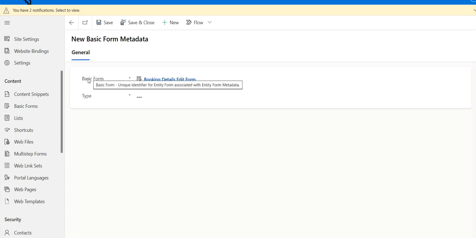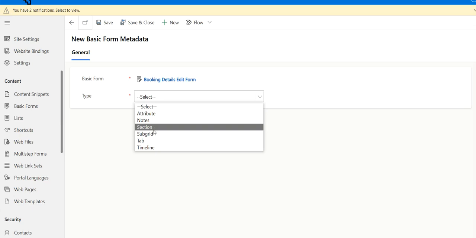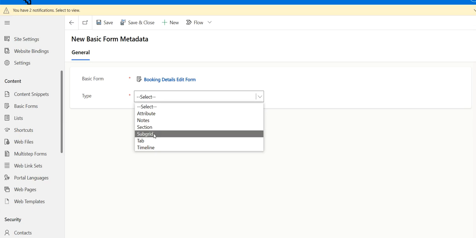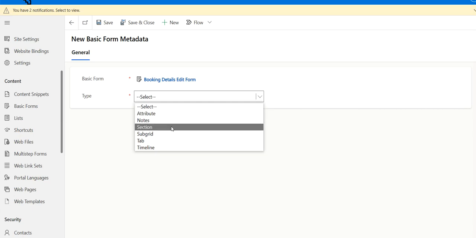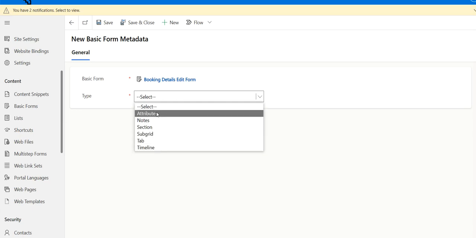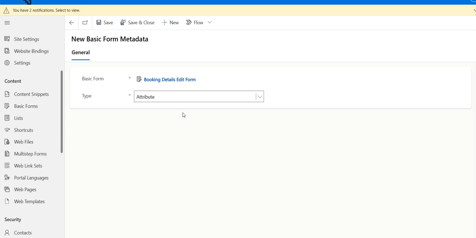If you see here, whenever I click on new, whatever basic form we selected previously, only that form will show here. If you go here, in type we can find what form properties and extra behavior logic we are having. See: attribute, notes, section, subgroup, tab, and timeline. If I go one by one,